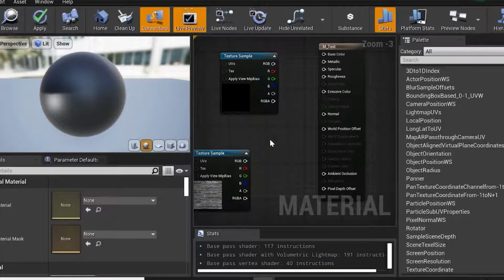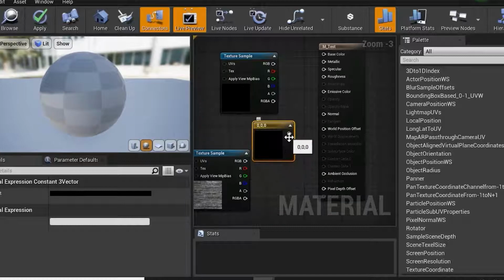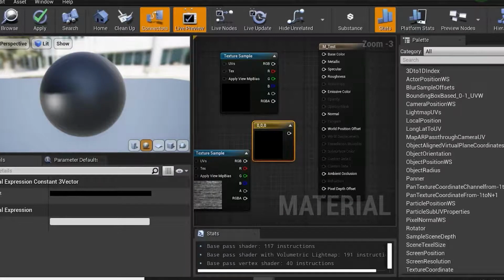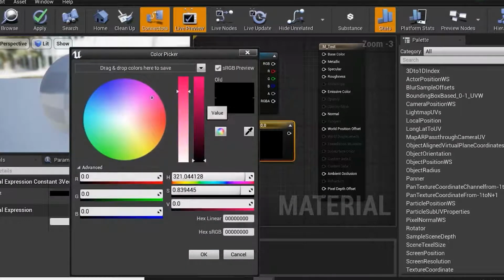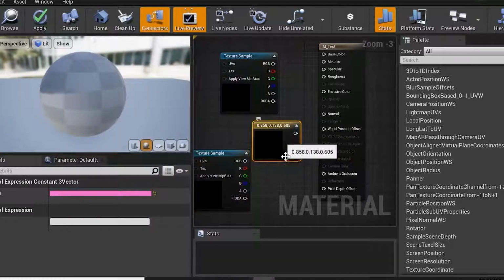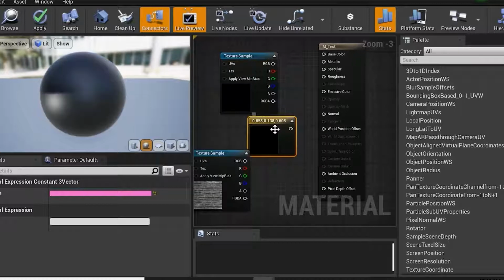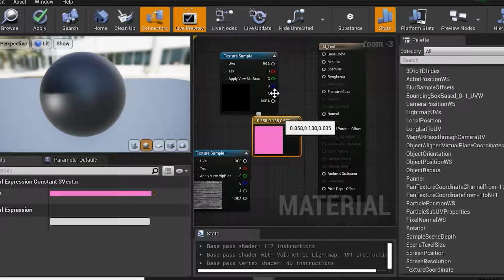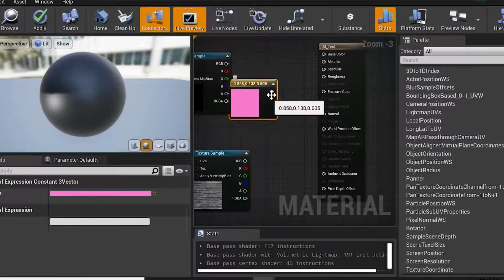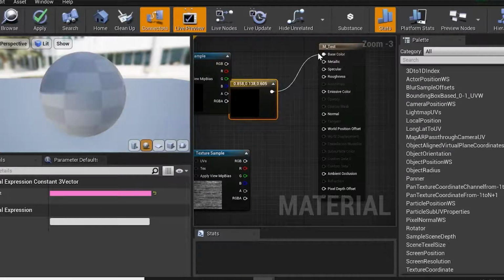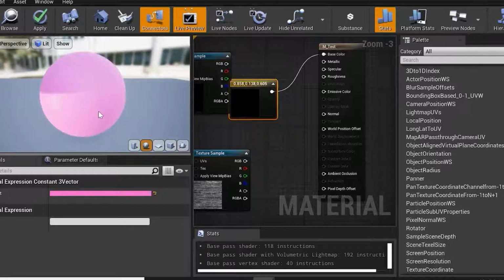If I press 3 and left click, here we are getting a constant 3 value. Here you can see I'll change it into this pink color, red color, correct? I'll press this arrow over here. See here. Now what I'll do, I'll just drag this output, move this aside, and drag this output into my base color. Here you will see my color will get changed,